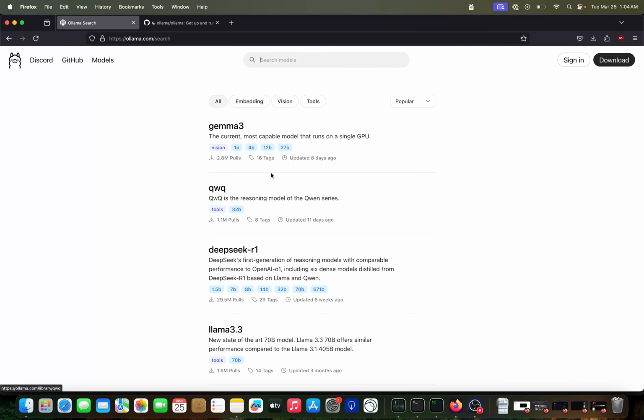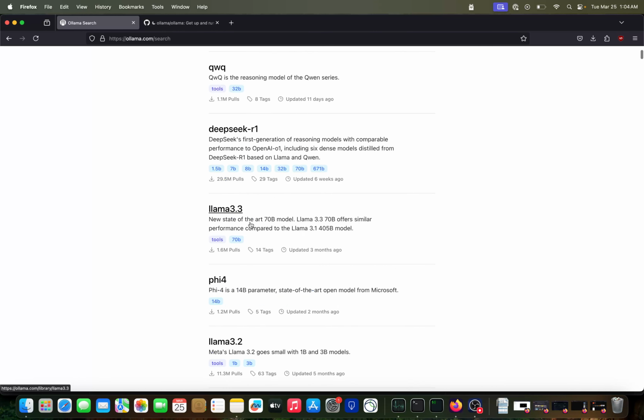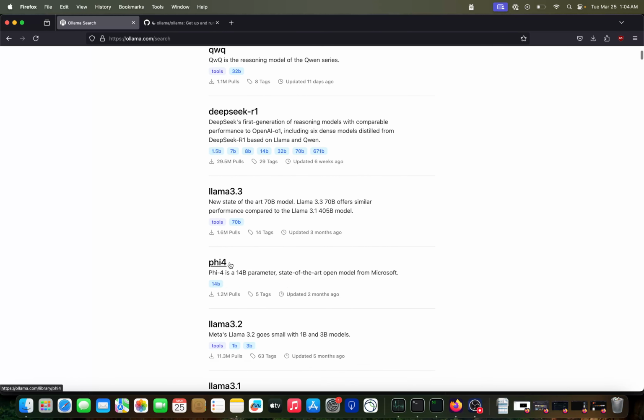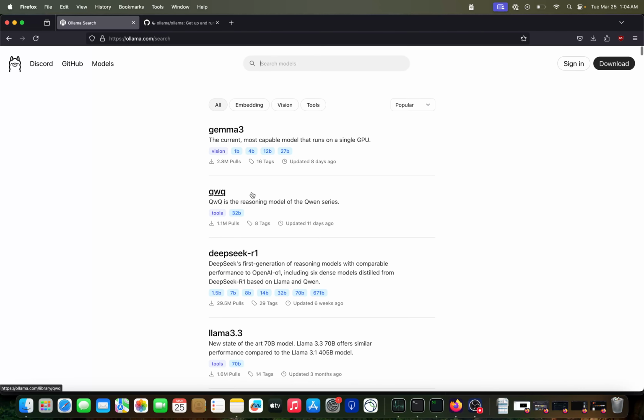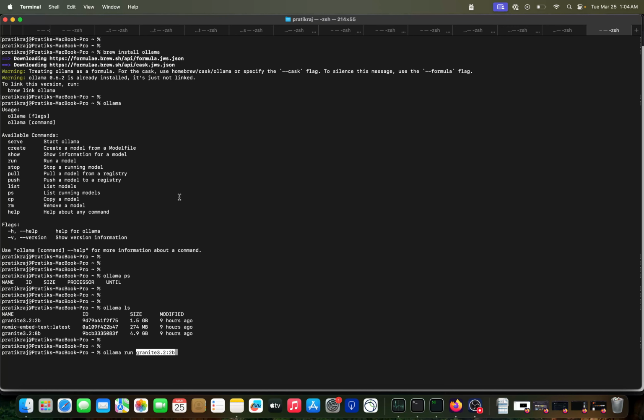You can pick one as per your use. I will use that Granite 3.2 2B model, which has 2 billion parameters. The size is also 1.5 GB,